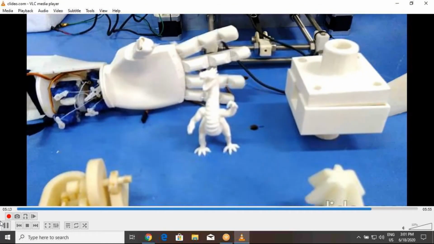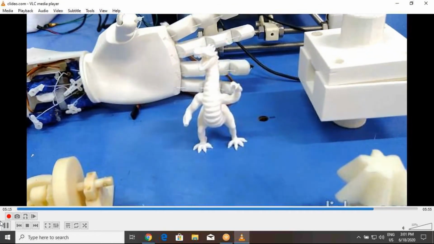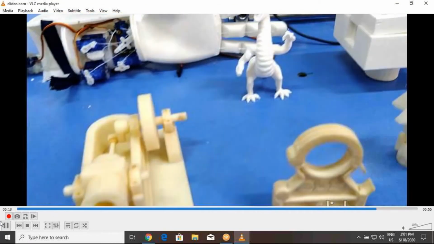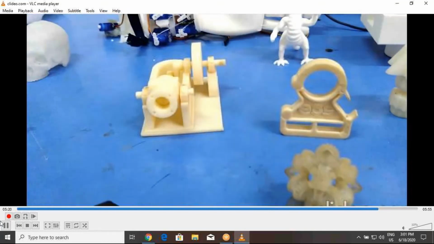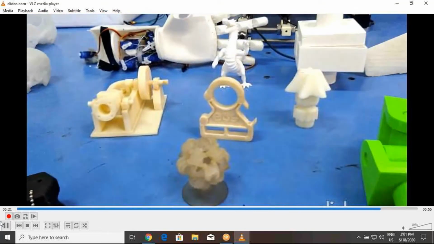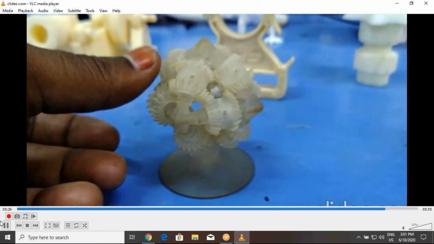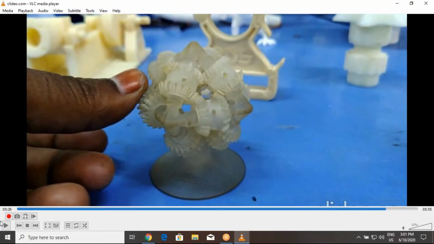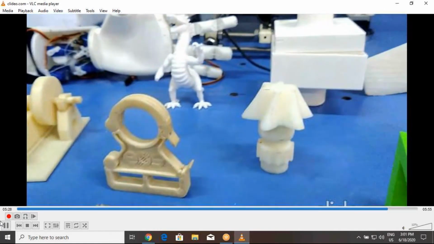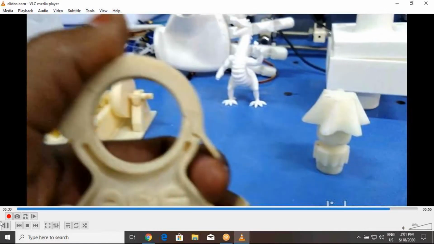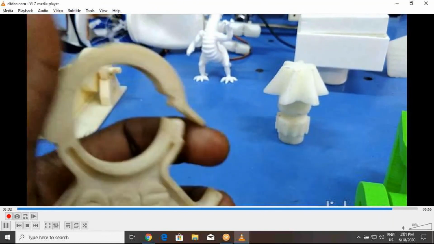And this is a complex animal printed without any supports and without damaging the part. These are some complex parts, printed with the photopolymerization technique.